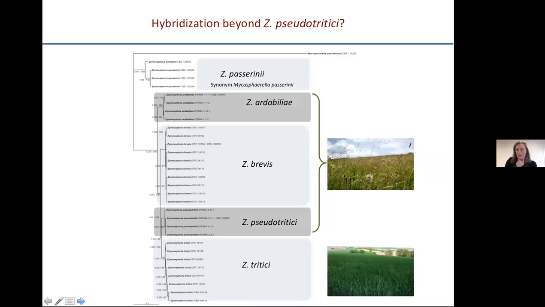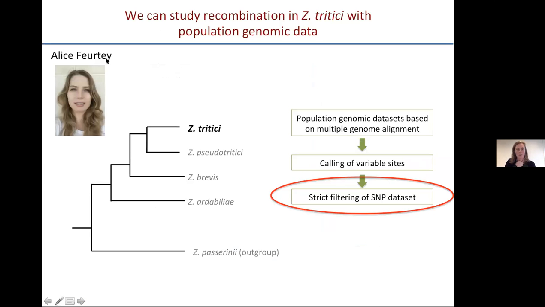So this impression of mine changed, and it changed together with a very talented postdoc who worked with me, Alice Ferté. She is now actually also collaborating with Brenda, so I think there's going to be some very interesting things coming out of that. Alice is now in Zurich for a second postdoc. But when she joined my lab, she started to work on our population genomic data set of Septoria tridici, and she is a very thorough scientist, and was interested in understanding, when you filter your data in different ways, what is it that you throw out, what is it that you keep,